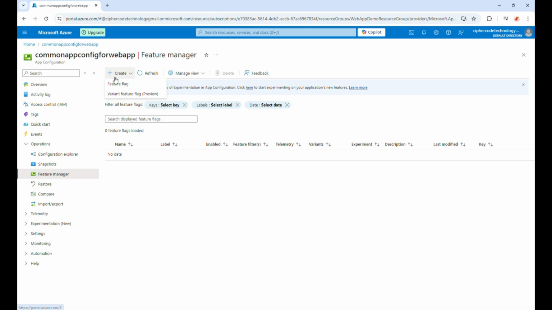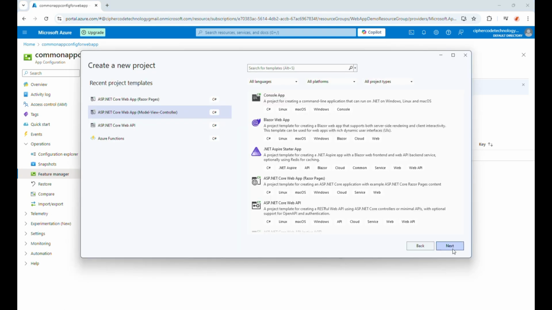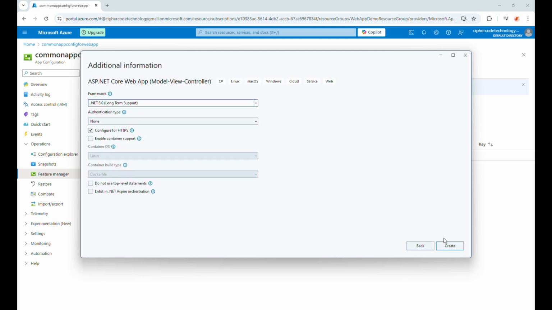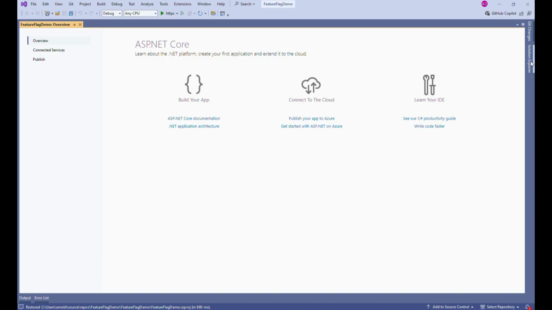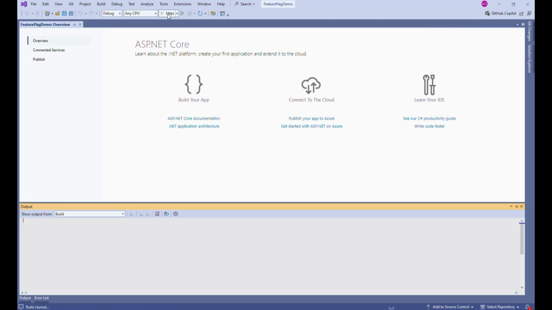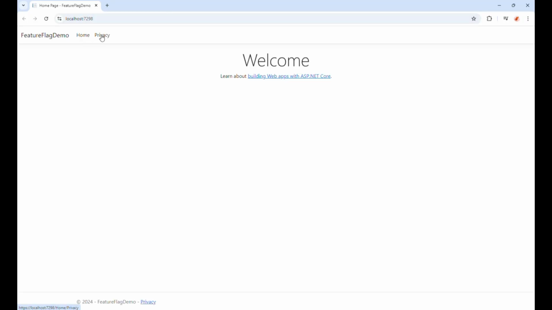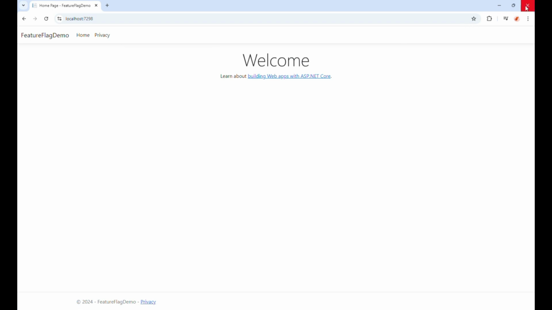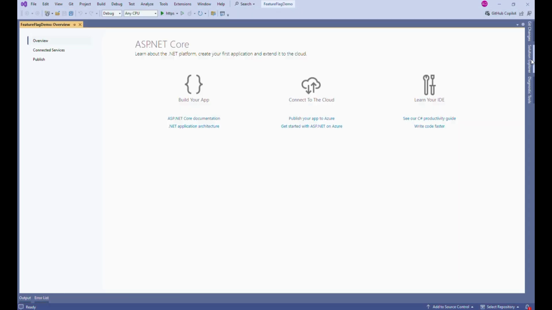Let me open Visual Studio. Select MVC project, provide a meaningful name and click on Next. Keep this as it is and click on the Create button. So this is an MVC project we have created, which provides us boilerplate code with view, model and controller files. Let me run the application. So we have two links here, one for home and the other for privacy. We will add 3 more links to this home page.